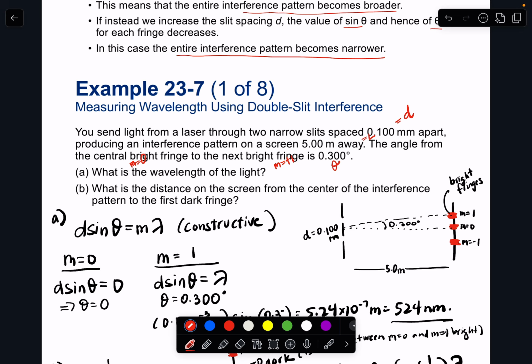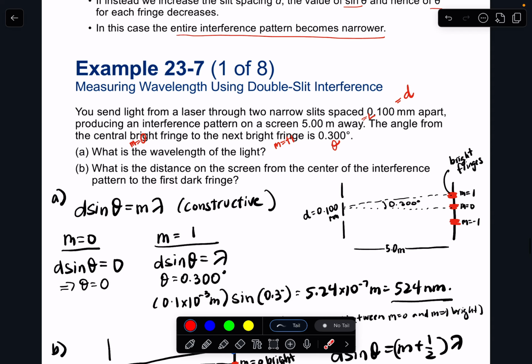Well, since we're talking about bright fringes, we know we're going to need to use the constructive interference condition. Okay, d sine theta equals m lambda. So if we want to find lambda, then using m equals 0 is not going to help us because we're going to be multiplying 0 by lambda. We can't solve for lambda here. So we want to use the m equals 1 condition, and we know the angle, okay, because it was told to us in so many words. So we know theta, we know d, and we can certainly figure out sine of theta, so we can solve